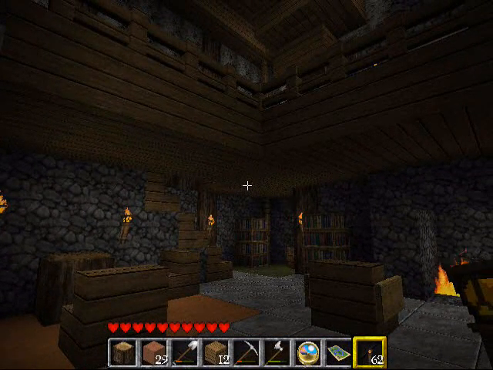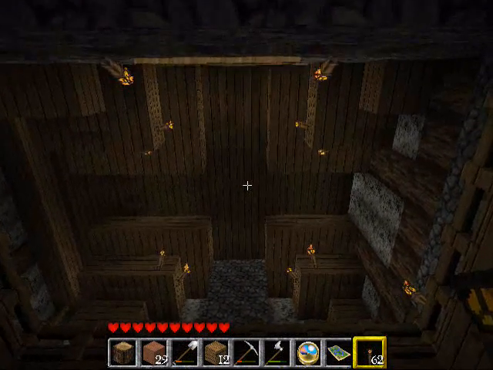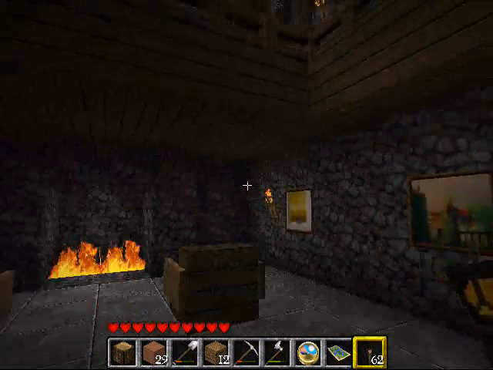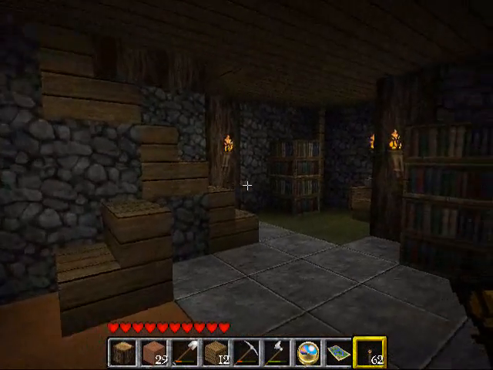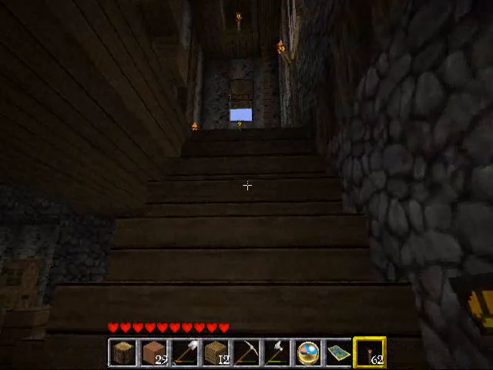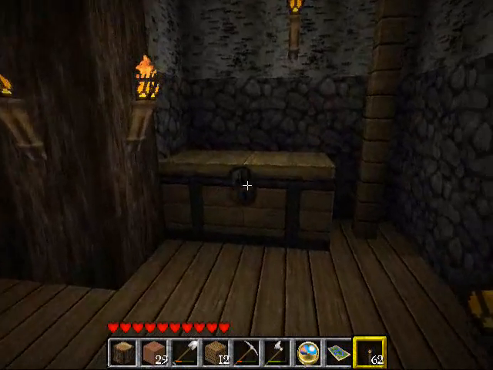One thing I really like about the original house is this very high single main room with a very high ceiling and the balcony overlooking the ground floor, which is a very good idea, I think. Very nice feature. So let's go up. So here we got a little storage area,